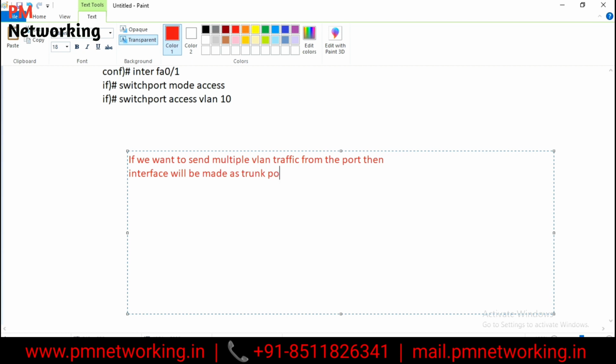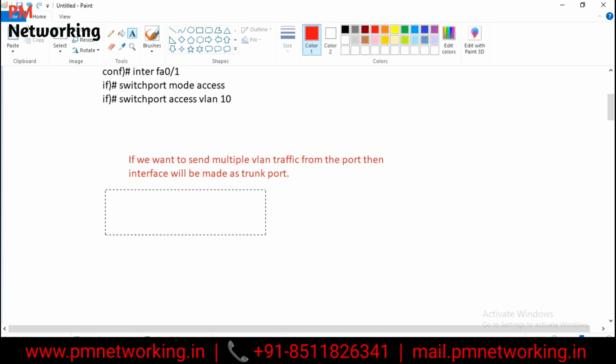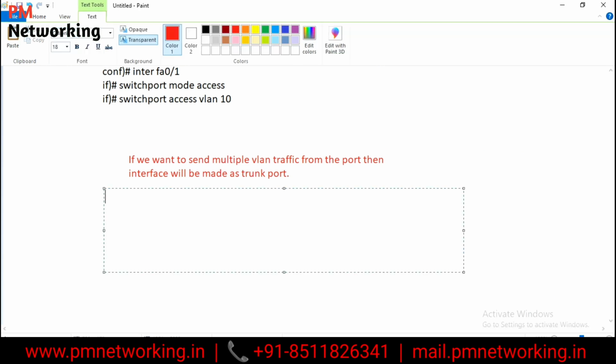Now, if I want to make a port trunk manually, I can do it with the help of a command. Now, what will be the command? Let's say I want to make port fast Ethernet 0/1 a trunk, I'll enter the command